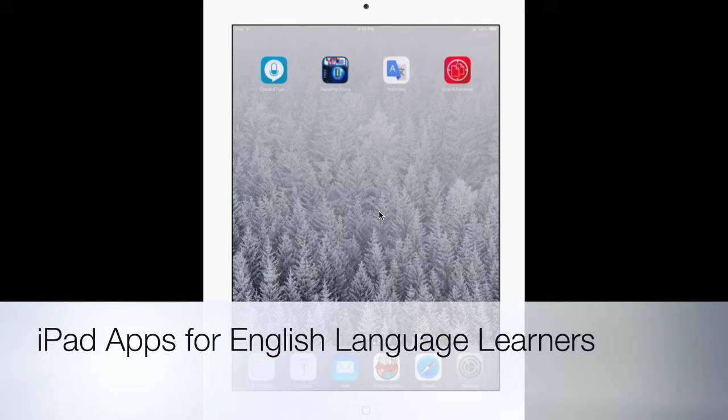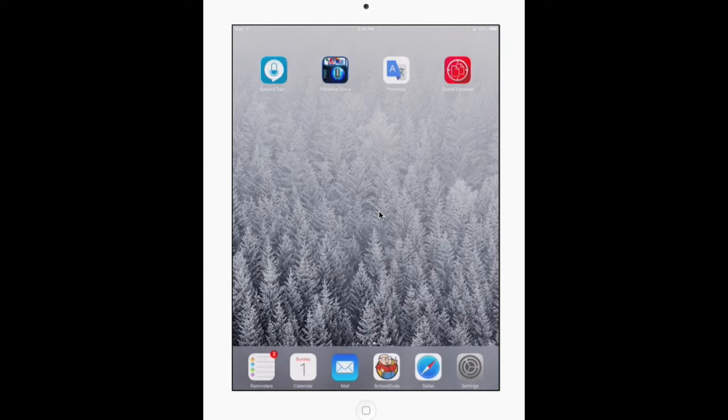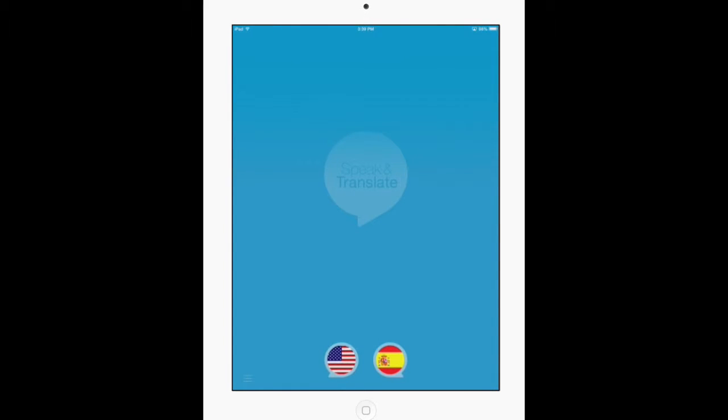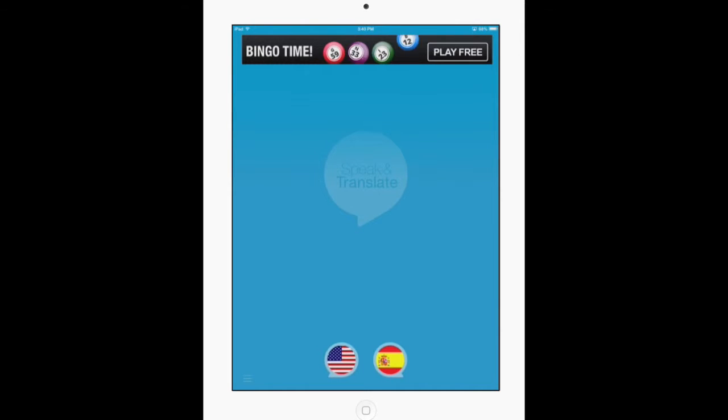I'd like to show you a number of free iPad apps that you might find useful as you work with ELL students within your classroom. The first is Speak and Translate. You get frequent advertising pop-ups, and so that can be a bit of a pain, but it is a very simple